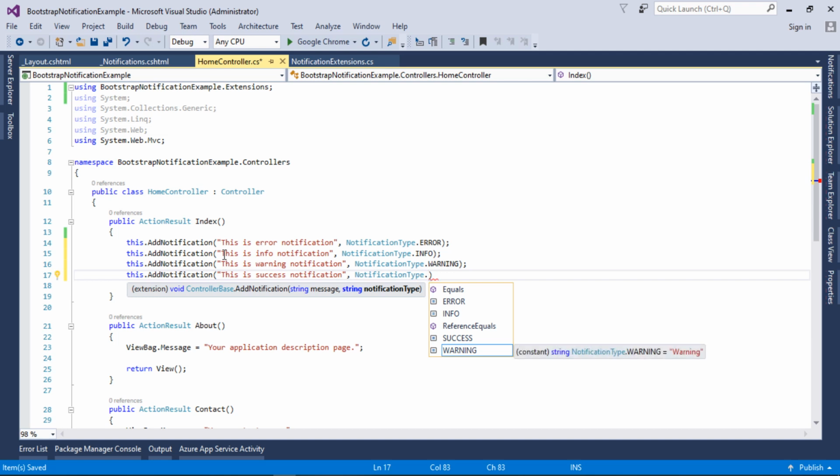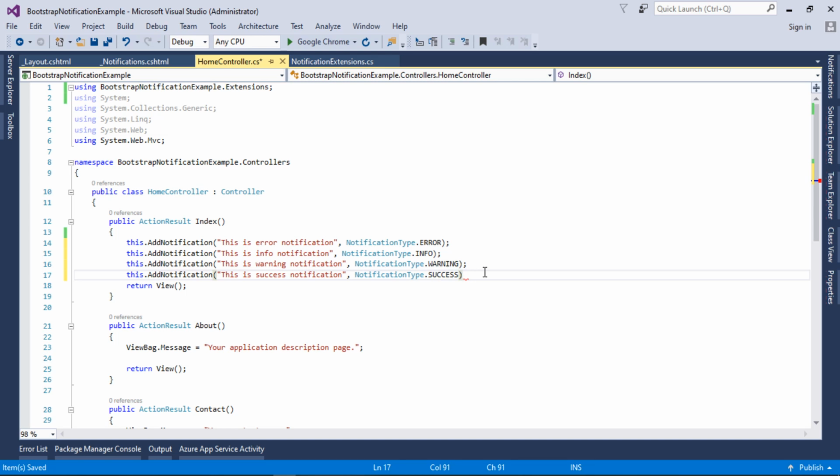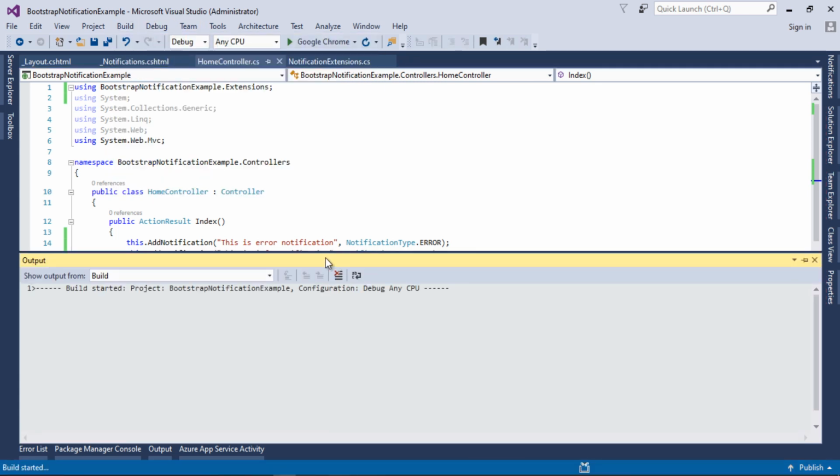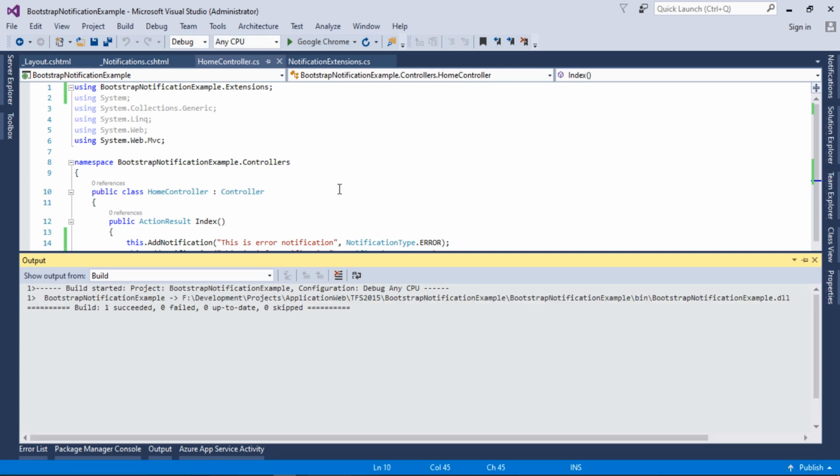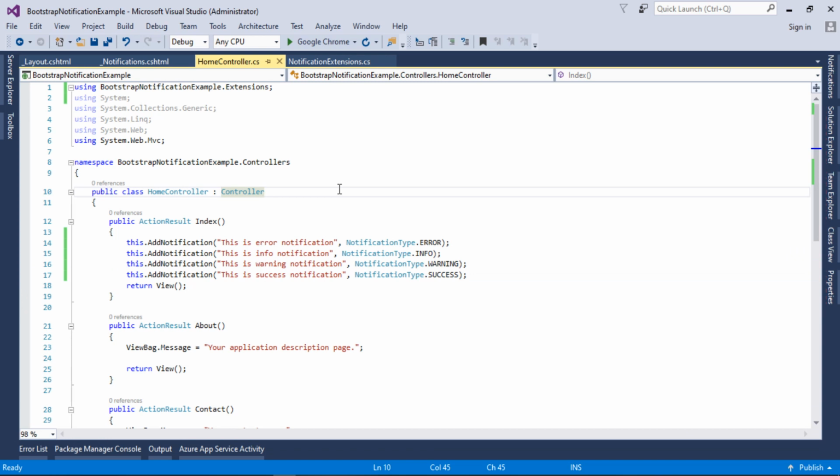I will pass the success one, add the semicolon, and now I will build our project. I go to Build and build my solution. Okay, our project has been built successfully.